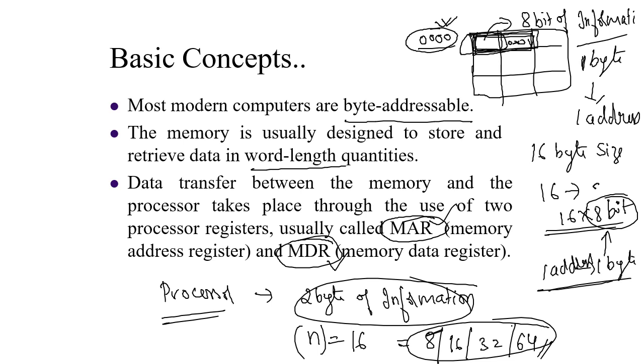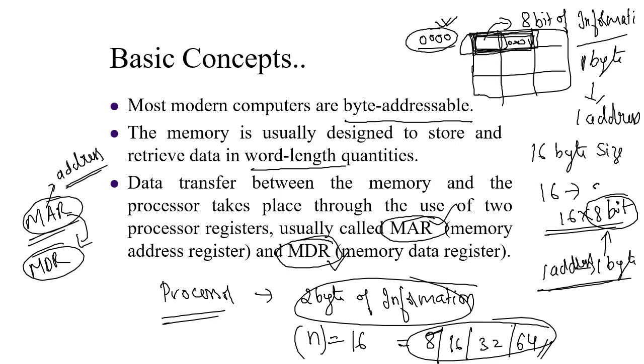Here, the memory address register holds the address of the memory location from where the data has to be accessed. Whereas in the case of MDR, the data that is present in the location pointed to by the address in MAR is present in MDR. The data in MDR corresponds to the data that is pointed to by MAR.